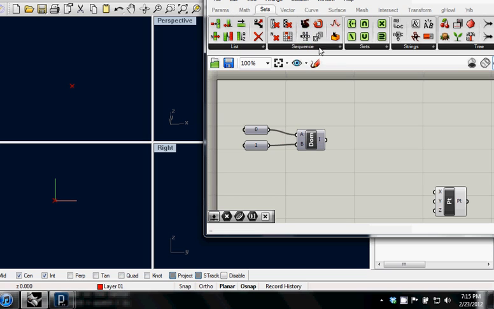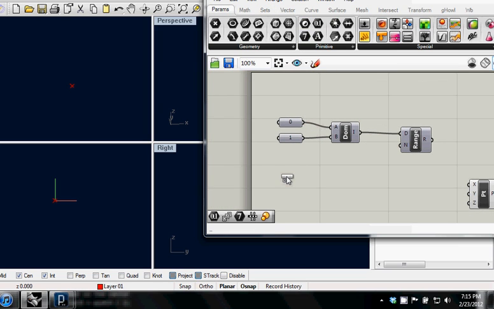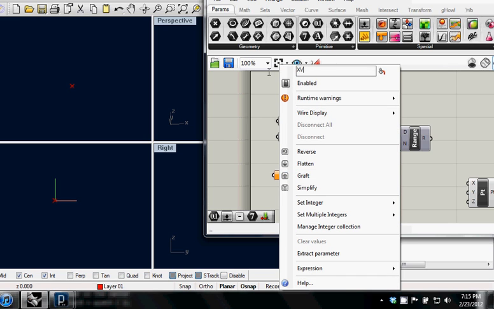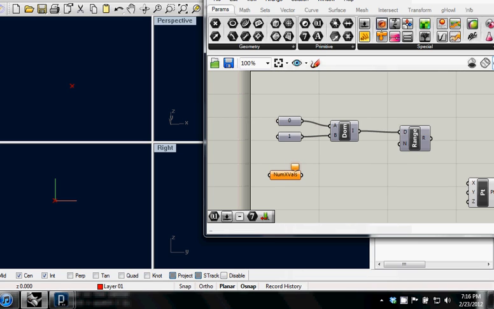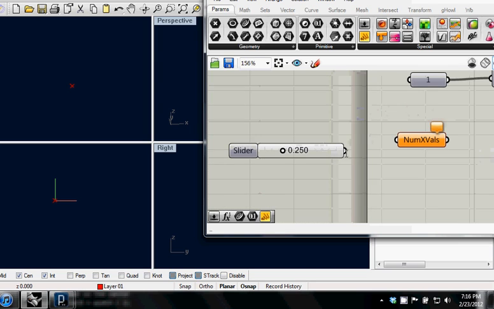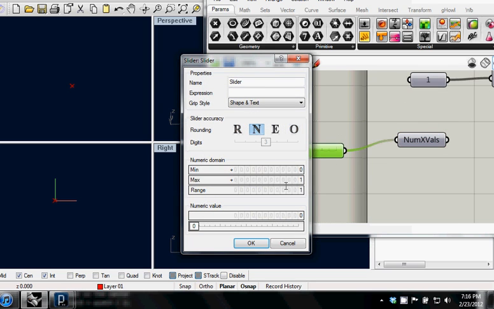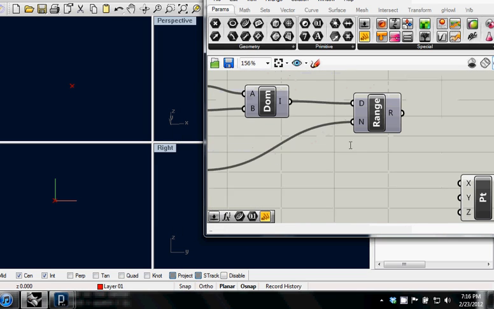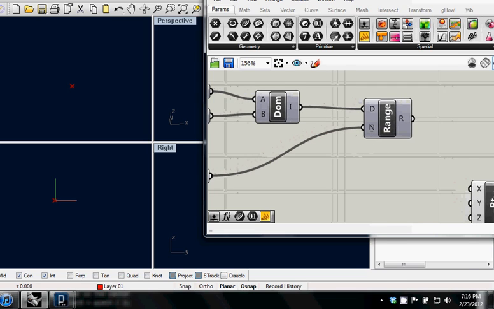And I'm going to use that domain to feed a range. This is going to tell me how many, let's call it the number of X values. Say somewhere between 1 and 50. And if I hook that up to my range, all right, now I want to do the trick that I